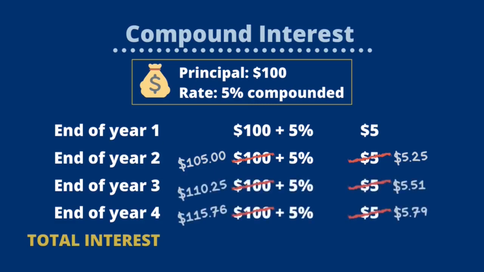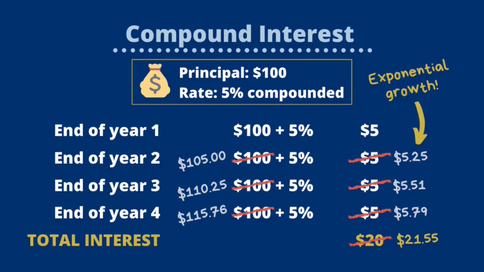If we keep going like this for years 3 and 4, our interest up to date at the end of year 4 would actually end up being $21.55 rather than just the $20 you would have gotten if your interest wasn't compounding. As you can see with compound interest, the amount of interest you are earning actually gets bigger and bigger with every period. Whereas with the simple interest example, the interest amount you earn every period